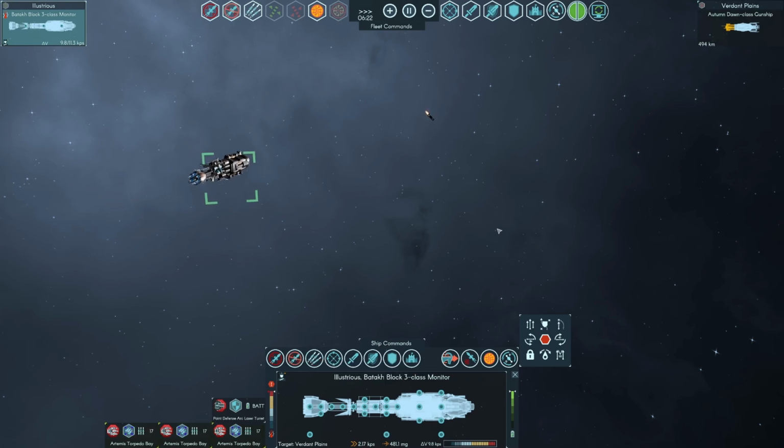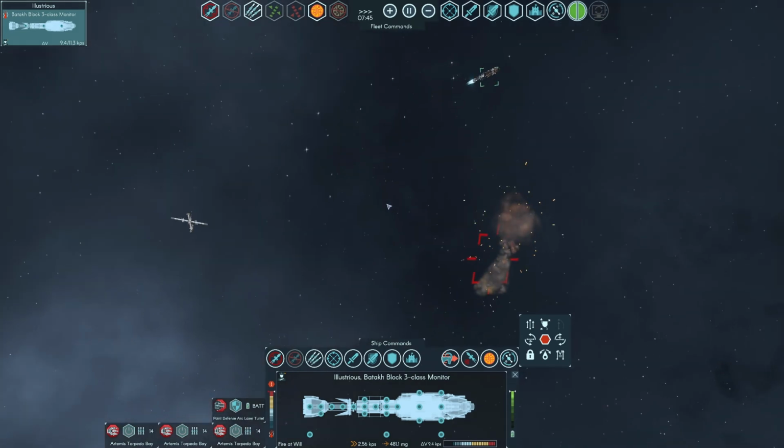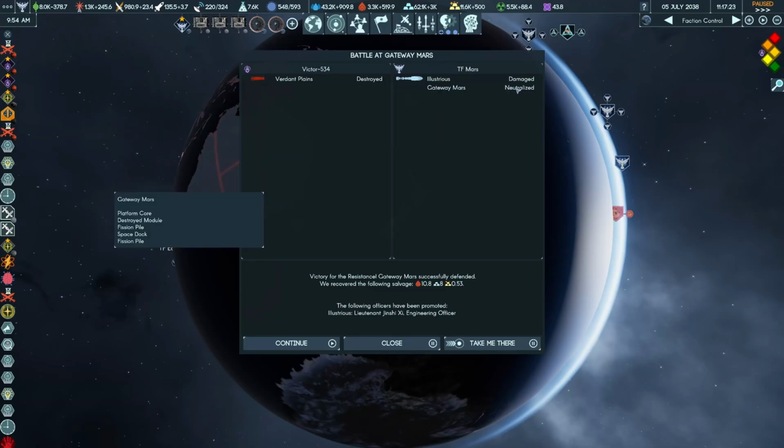Now we'll launch. And we'll just launch a quarter of our torpedoes. That should be more than enough. Let's just watch the impacts. Two was enough to take him out. We don't have any kind of defenses on Gateway Mars, so...